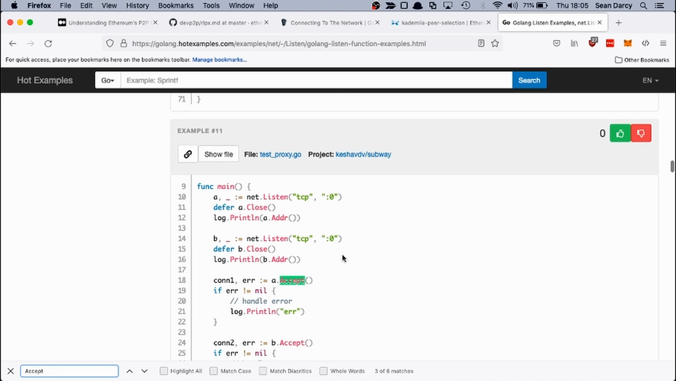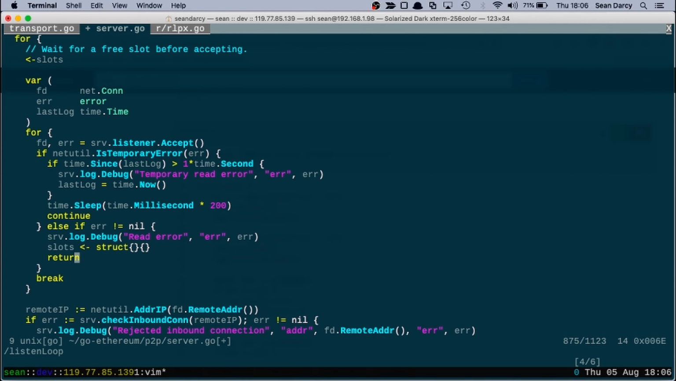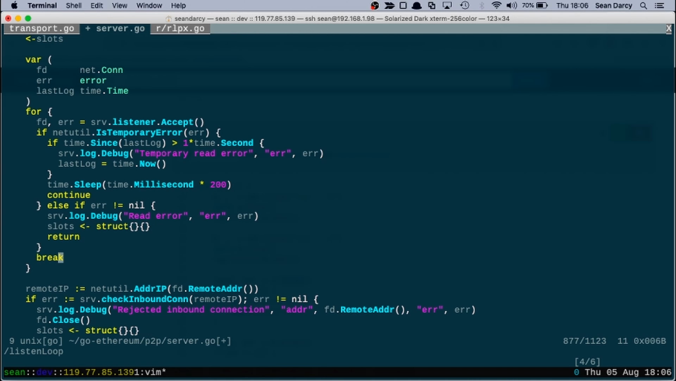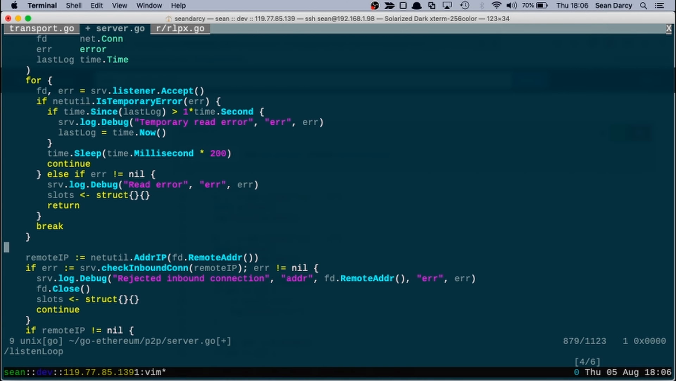I'm not super familiar with how this TCP stuff works in Go. But I think it's just going to say, when we've got a slot available, it sits there and waits for the listener. If it's not an error, break out of this for loop. And then we take that FD, file descriptor, I guess,